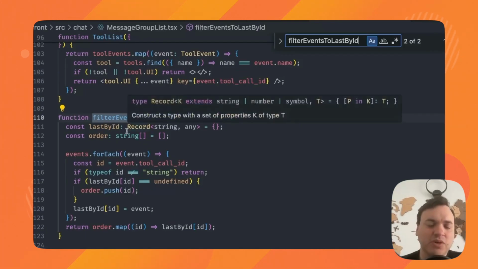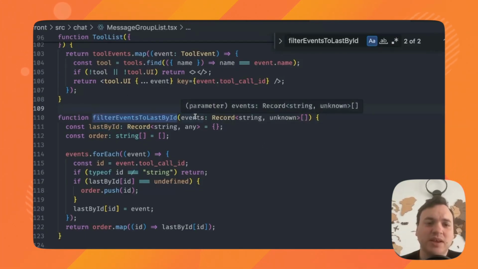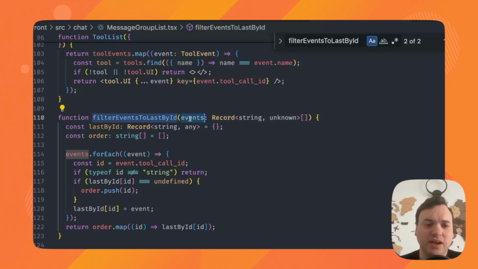Here you can see we are implementing our event sourcing pattern, where we take every single event and we keep only the ones that describe the last states. Here, for instance, if we have an event for loading and one event for success, we keep only the success one.